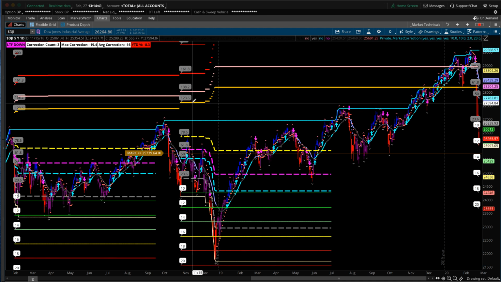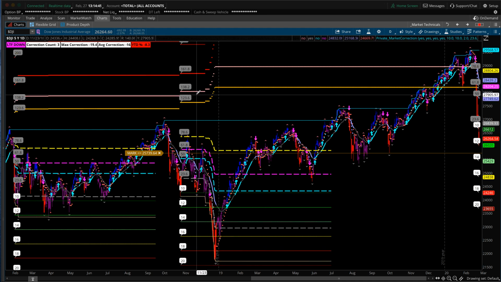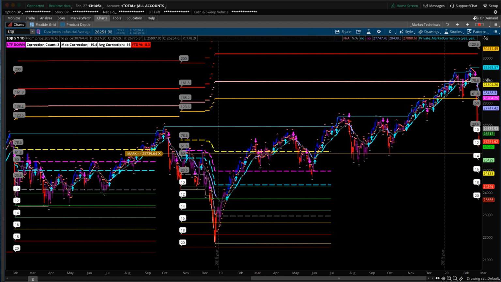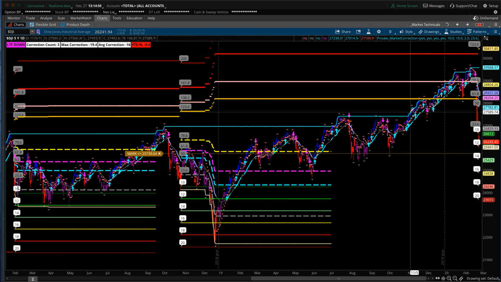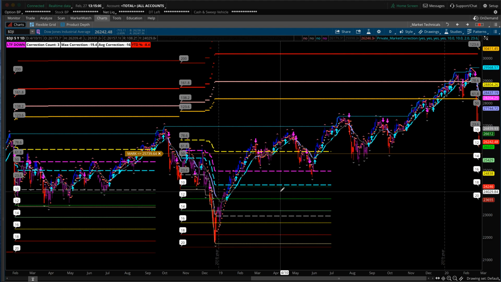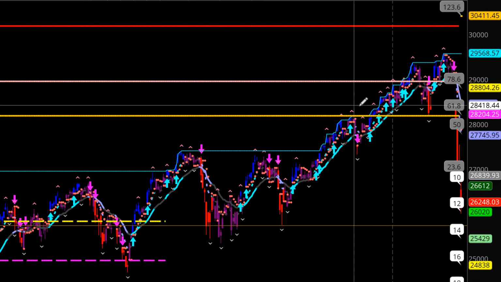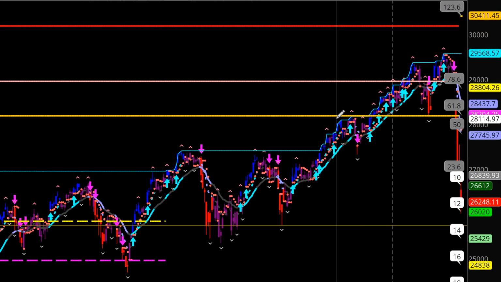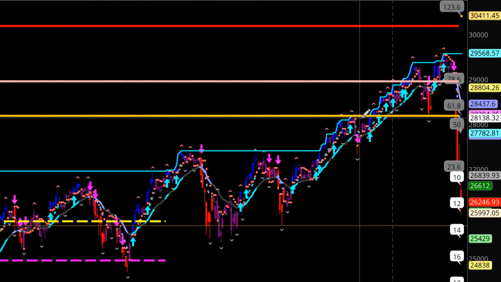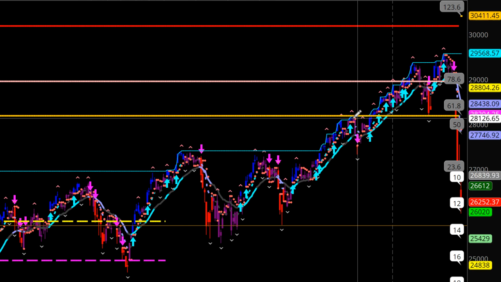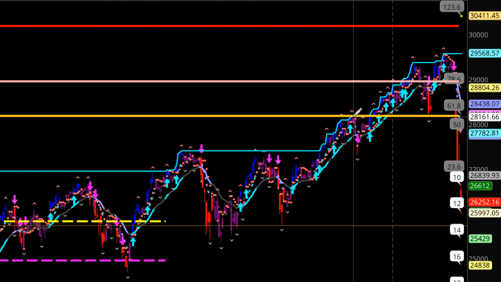The other thing we want to look at are these Fibonacci extension levels, okay? We've got a 123.6, a 138.2, 161.8. There's also a 200% extension level up here. Notice that when we made new highs coming from the previous correction, we had pauses at these, especially this level here, the 123.6 Fibonacci extension. Okay, that's a very important level we want to consider anytime the market starts to make new highs and recovers